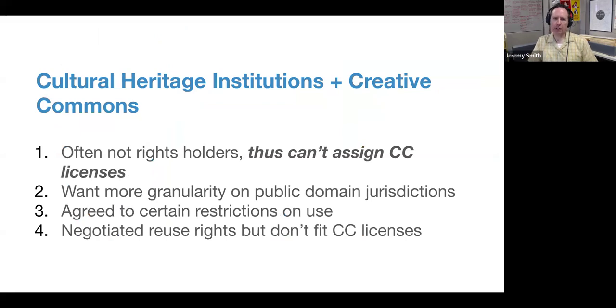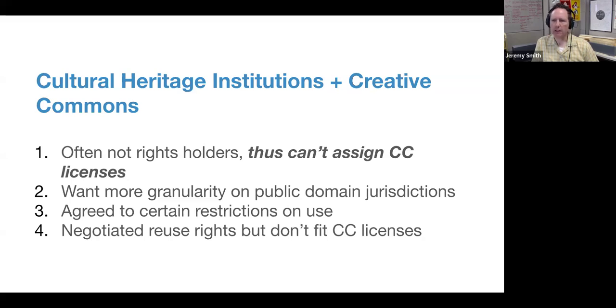However, Creative Commons can be somewhat complicated, and it doesn't apply to every specific scenario. And as many of you know, we've inherited things where there are no donor agreements and we don't know who the rights holders are, so the rights holder can't assign a Creative Commons license.